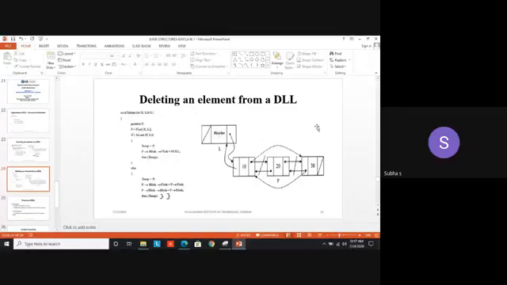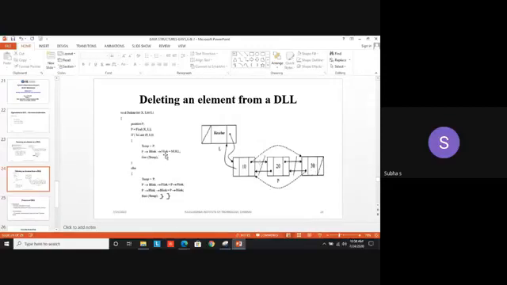So assume the same thing. Let's start from the first one. You have to delete element 30. So what you have to do? P equal to find of 30 comma L. You go to that particular position. Now forget all the things. 10, 20 will be there. P is pointing to 30. Now, if E is last of P comma L, is it last position? Yes. Condition is true. Go to the true part. Temp equal to P. Now, assign this 30 as temp. Because you have to remove that. You are going to detach it. So, only we are temporarily assigning in some other variable. So, P assigned as temp. Now, temp value is 30.